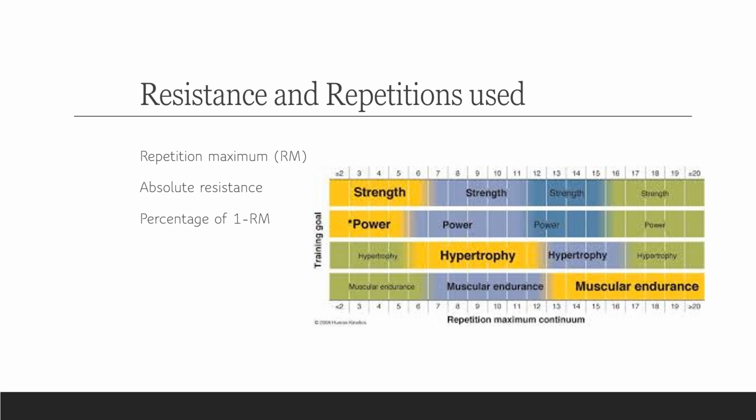The absolute resistance is then adjusted to match the changes in strength over the training program. Every set is done to failure, or momentary muscular fatigue, to ensure that the resistance used corresponds to the prescribed number of repetitions. This is because performing 3 to 5 repetitions with a resistance that allows for only 3 to 5 reps produces very different results than performing 13 to 15 repetitions using a resistance that would allow only 13 to 15 reps. Another method of determining resistances for an exercise involves using a percentage of the 1 RM,